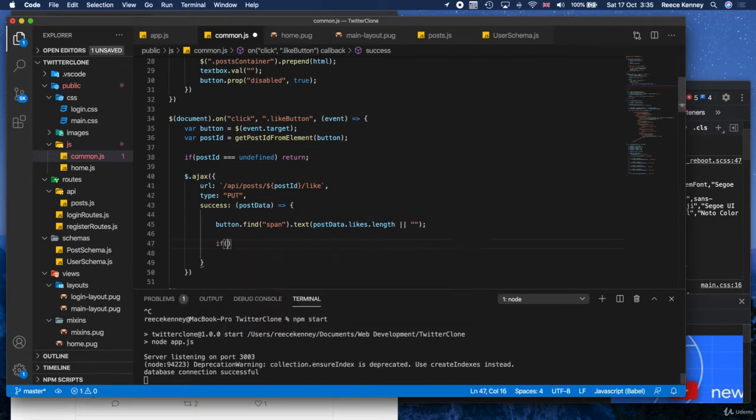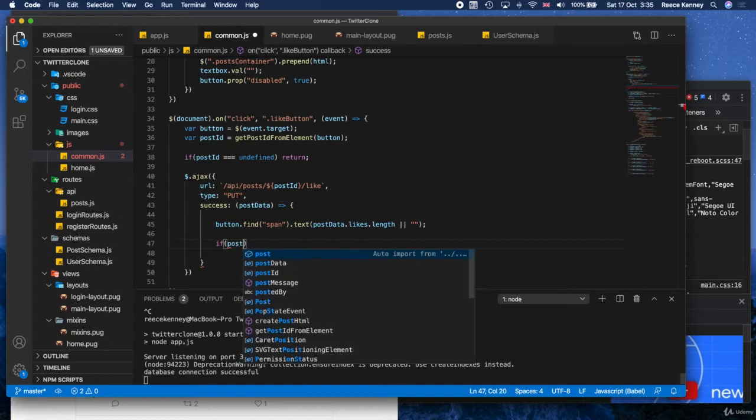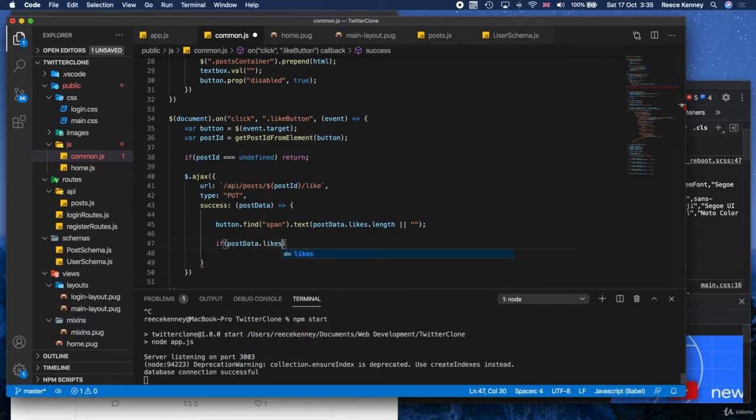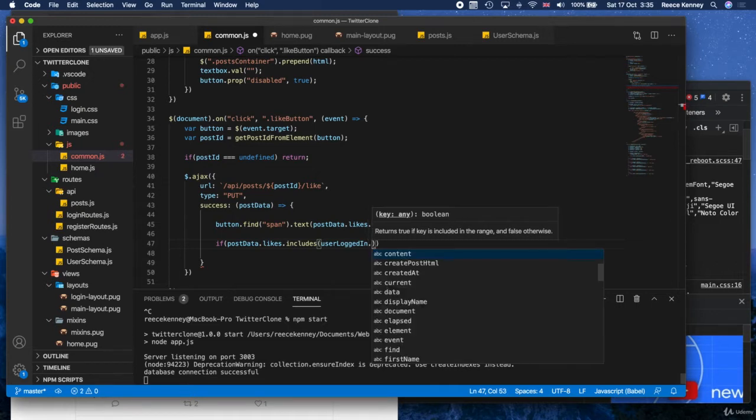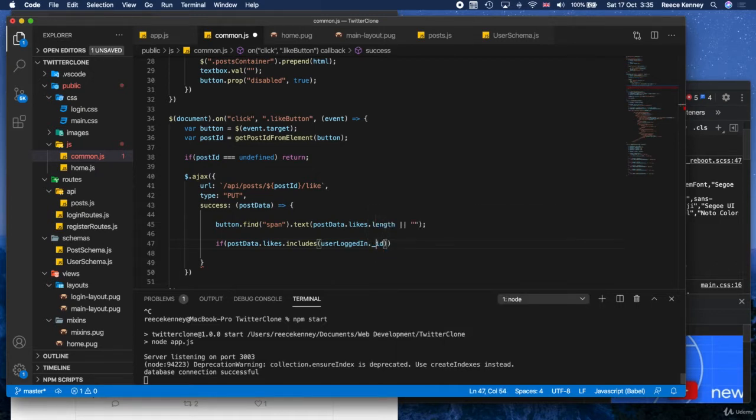So we'll do an if statement right there, and we'll say if post data dot likes dot includes, and then the value we want to look for is user logged in. This is our new friend that gives us the user logged in data, and then underscore ID, because remember the likes is going to be an array of user IDs for the users that have liked it. So if that's true, so if the array does include it, then what are we going to do? We're going to take the button and then just add the class